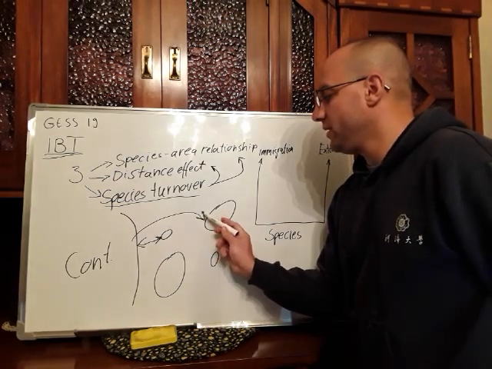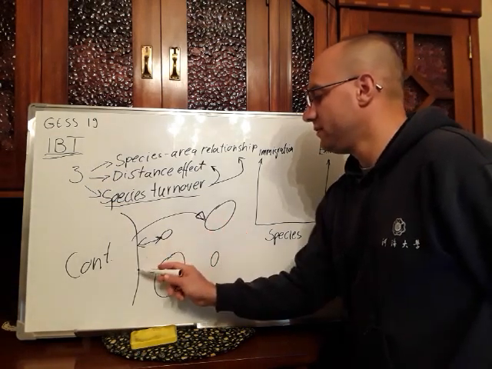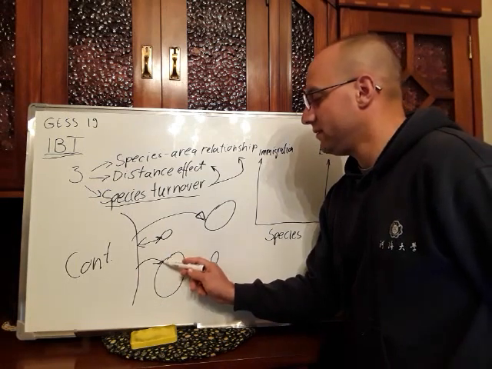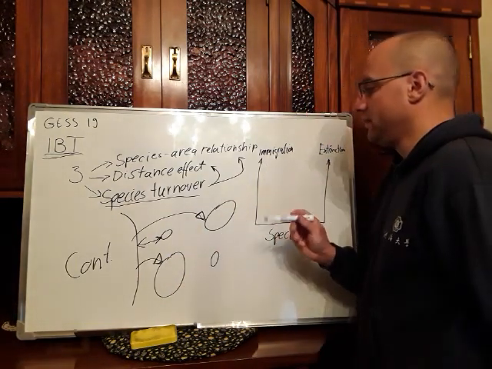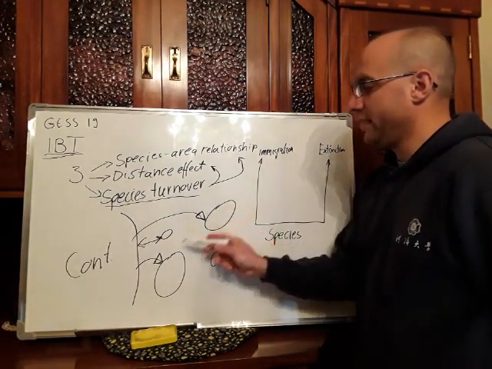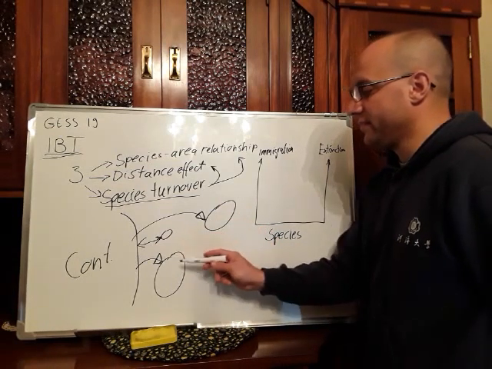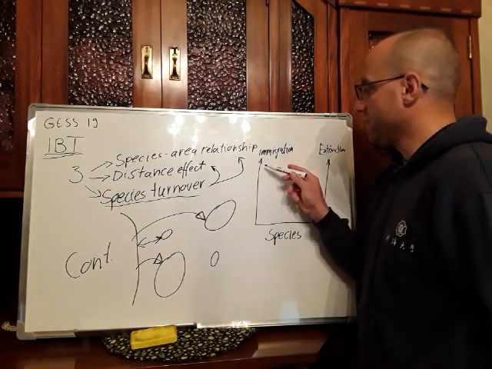So that will be mainly about the distance. Okay, so closer areas, closer islands will have higher immigration rates,